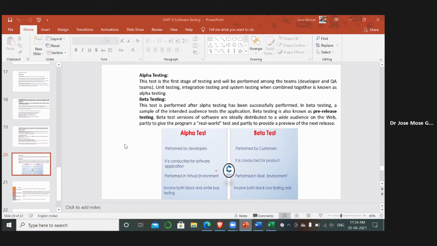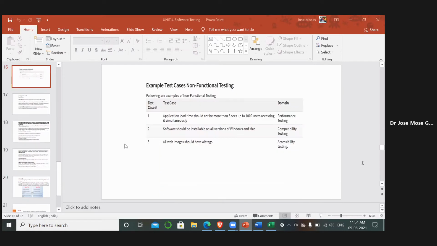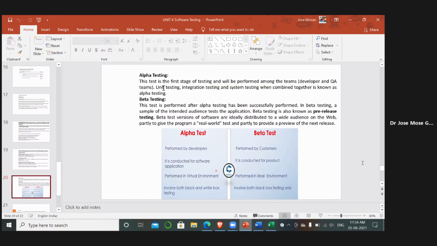I hope all of you have understood what is meant by alpha testing and what is meant by beta testing. So now you can tell me, does alpha testing come under white box testing or black box testing, and does beta testing come under white box or black box?